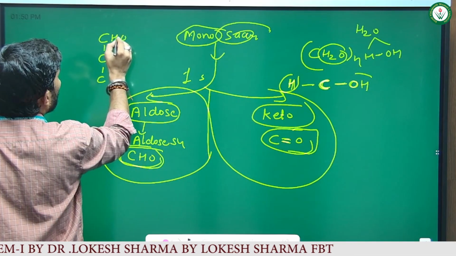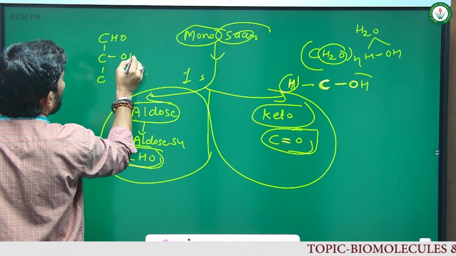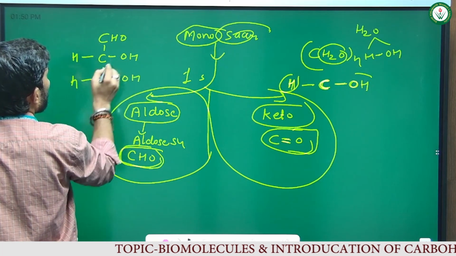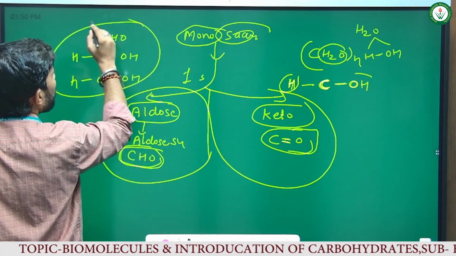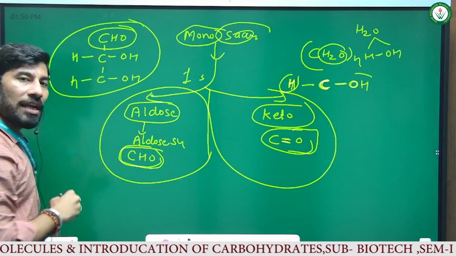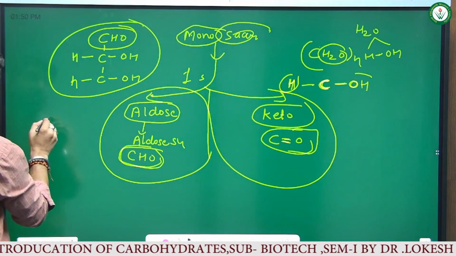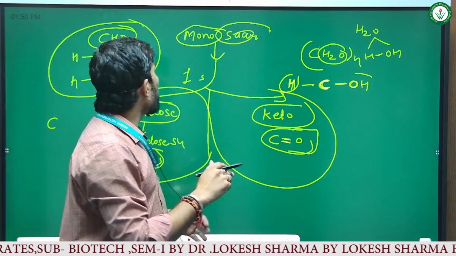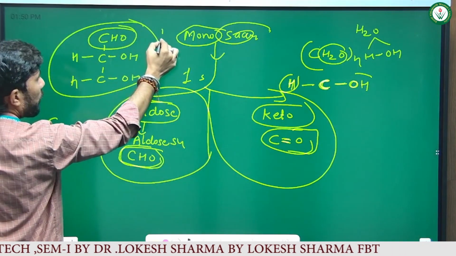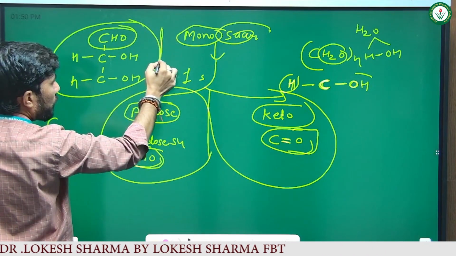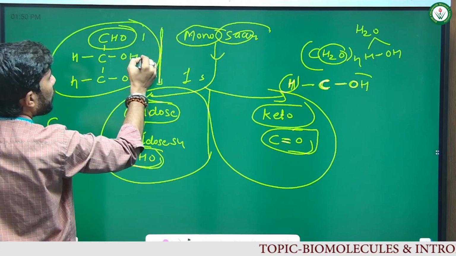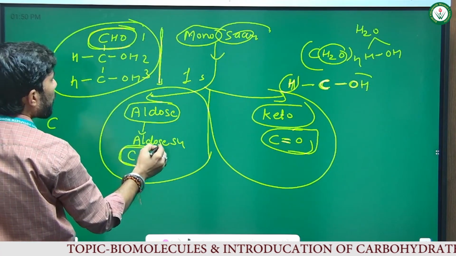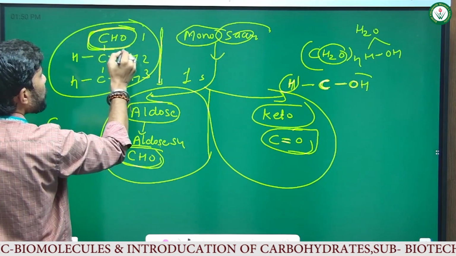If we look at OH and H, these are the OH and H. It means these are 3 carbon units and one functional unit is aldose. It means this is an aldose sugar. Aldose is always present on the first carbon, from upside to downside 1, 2 and 3. It means the carbonyl group that contains aldose is present in the first position